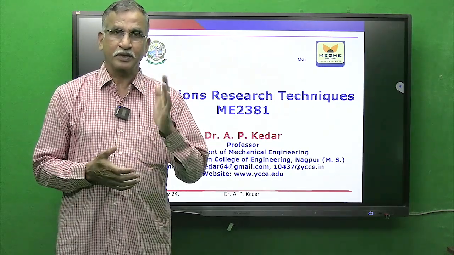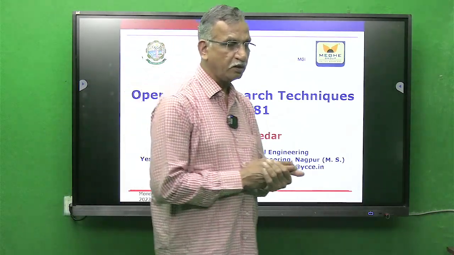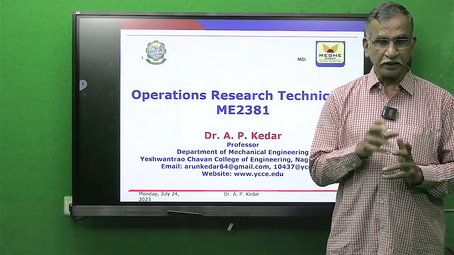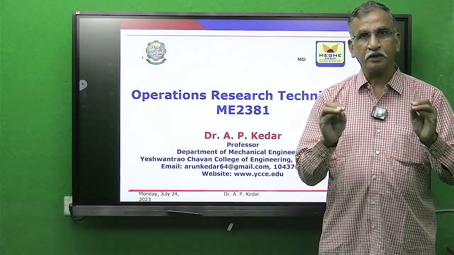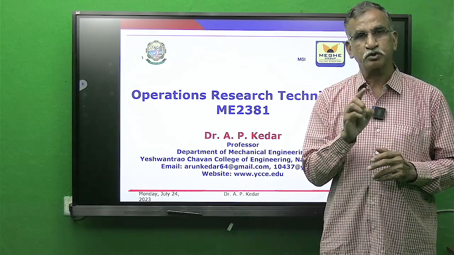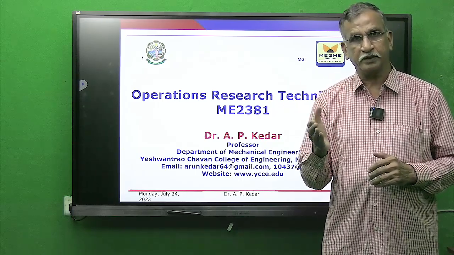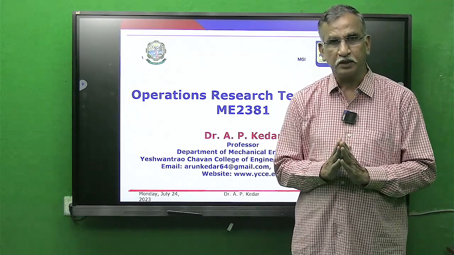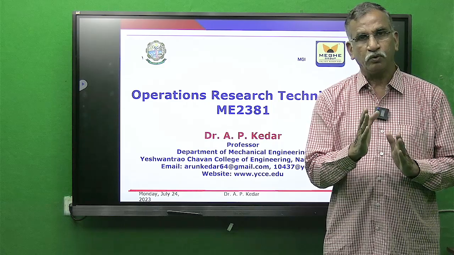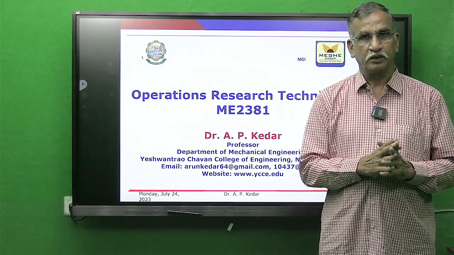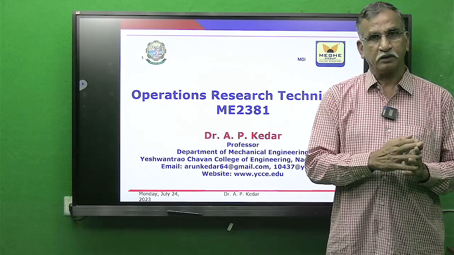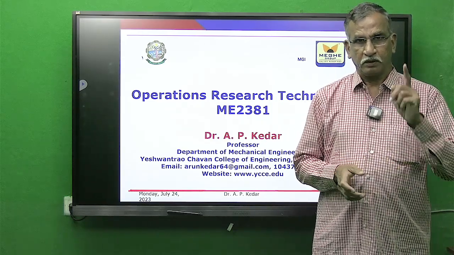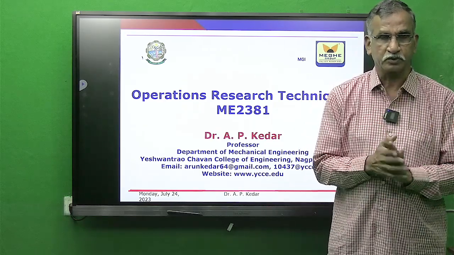This is one category. Second category of the problem of replacement model, which does not as such suit real life, neglects the value of money. And in the last lecture I have explained, when we neglect value of money, there is no presence of I, and when there is no presence of I, there is no presence of variable alpha, and the computation becomes a little bit easy when no value of money is considered, and the assumption is that whatever value of money today will be the same value of money in future. Remember, in reality this never happens.